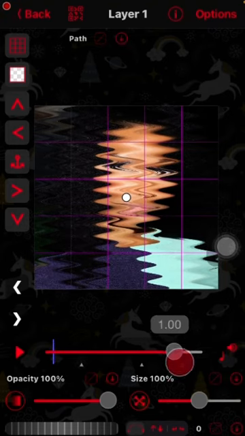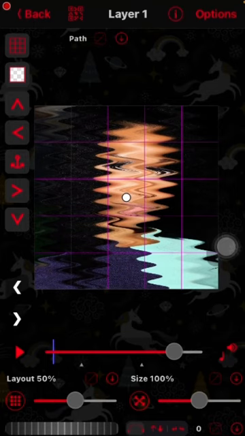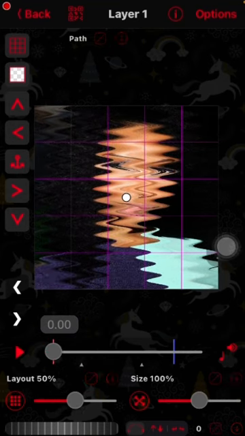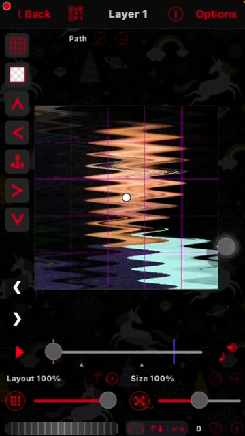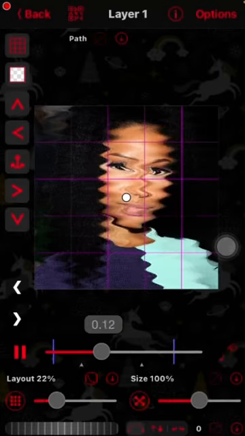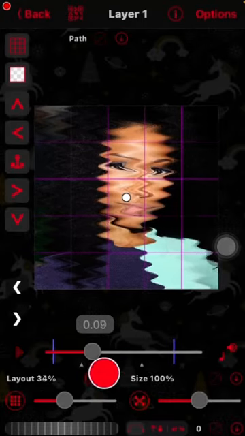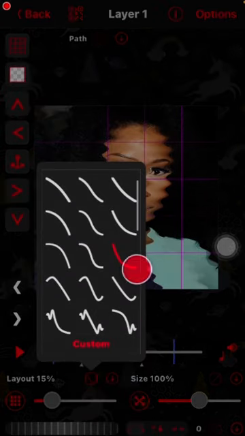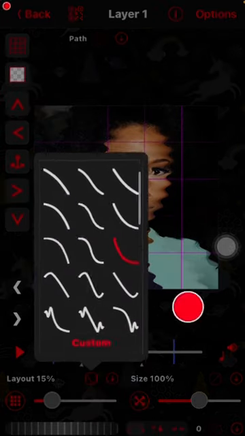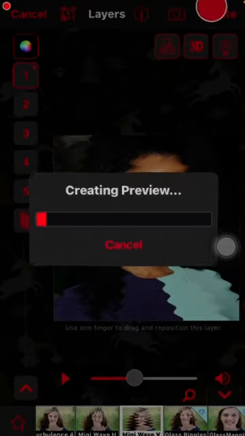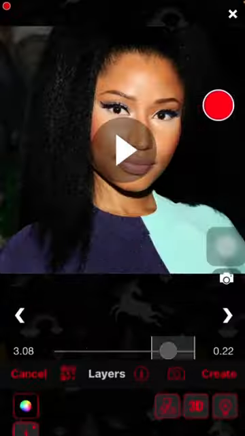Go to 1.00, bring the layout to 0, go to the first part of the clip, bring it to 100, go to the graph, and you want to click this graph right here, the one that is highlighted. So after, you want to click back, you want to click create, click done,